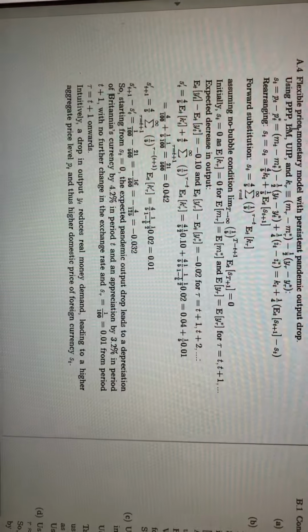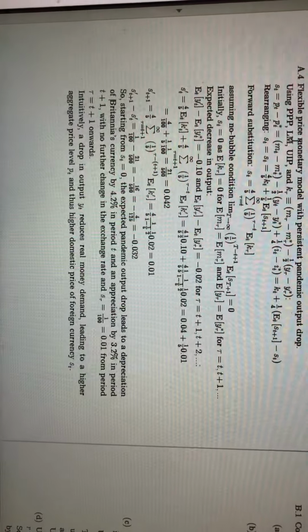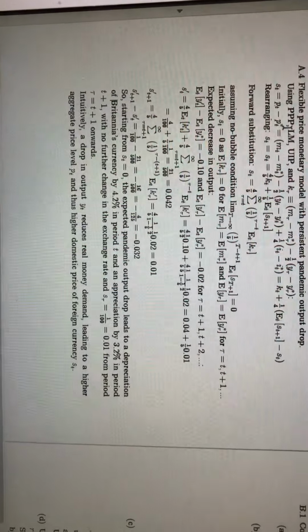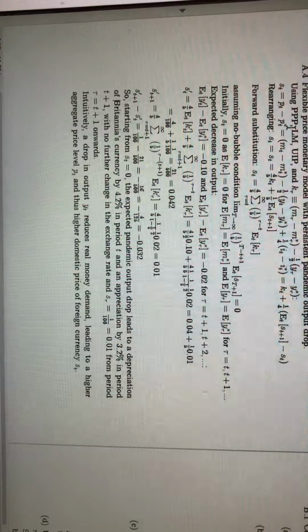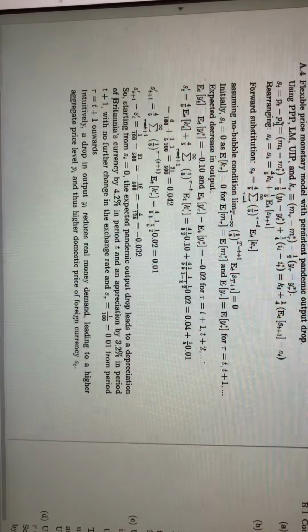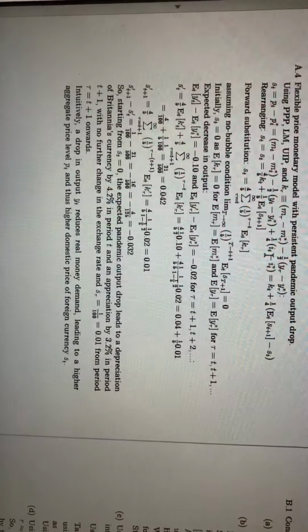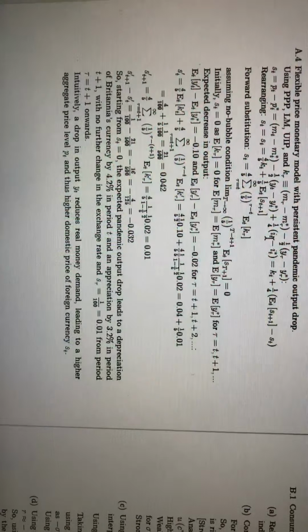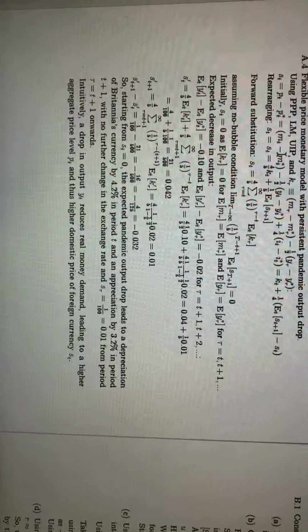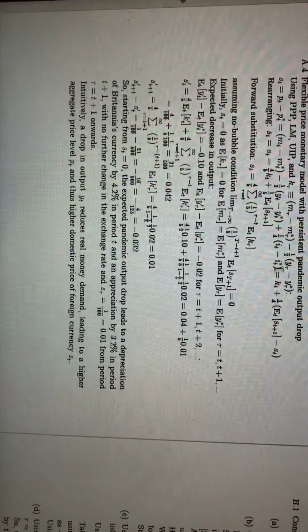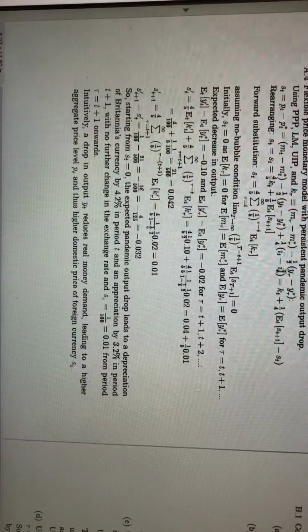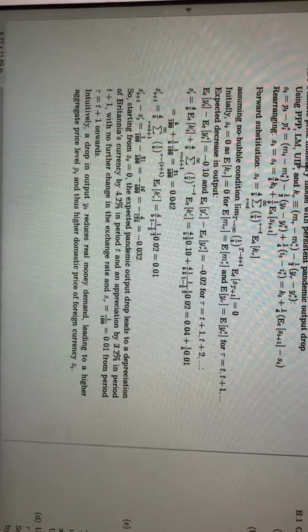So money demand is a function of Y and I, and that should be equal to the money supply, which is M over P. And here all the objects are expressed in terms of logs and differences. So we substitute that in, and then we note that this term is K, and this term by the UIP